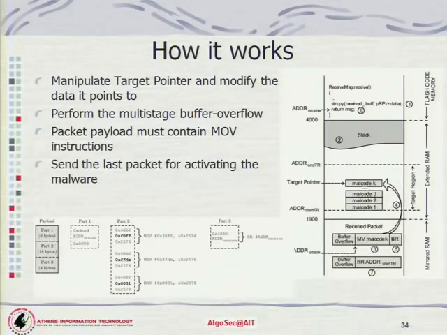The second part contains move instructions. With the default packet size of a sensor network, you can send 3 move commands. And this is the final instruction for restoring the control flow. It's a branch command. So you are copying your code inside the heap memory, and the final step is sending a message